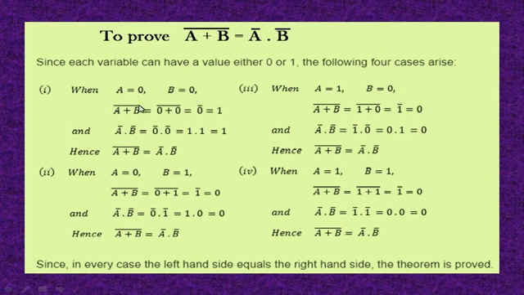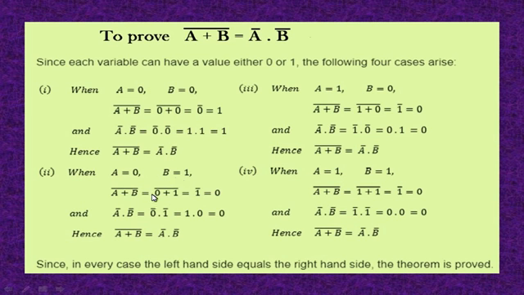When A is equal to 0, B is equal to 0, this is case 1. LHS is equal to (0 plus 0) complement, and the complement of 0 will be 1. While RHS, A complement dot B complement, is equal to complement of 0 dot complement of 0, is equal to 1 dot 1, that is equal to 1. In this way, LHS is equal to RHS. So, De Morgan's theorem is proved for case 1 when A is equal to 0 and B is equal to 0. What about case 2?